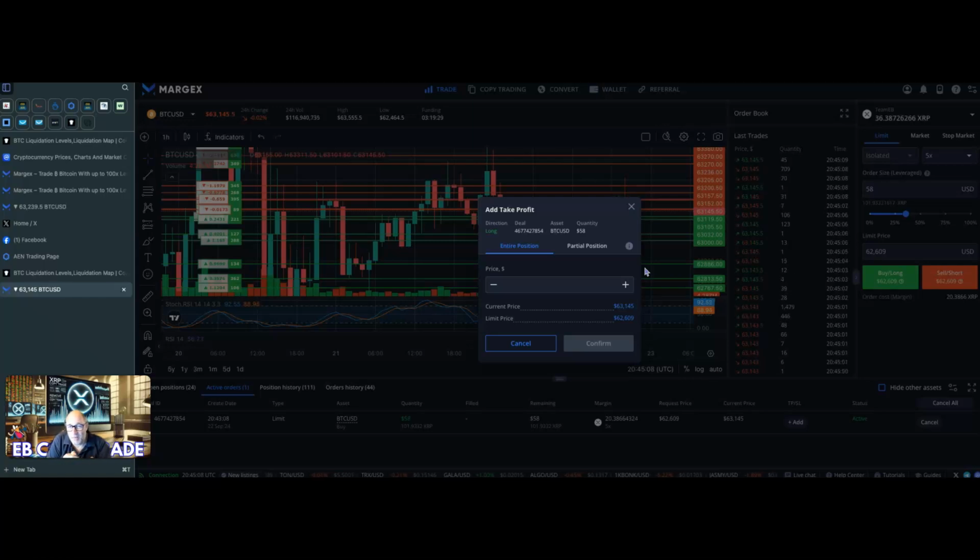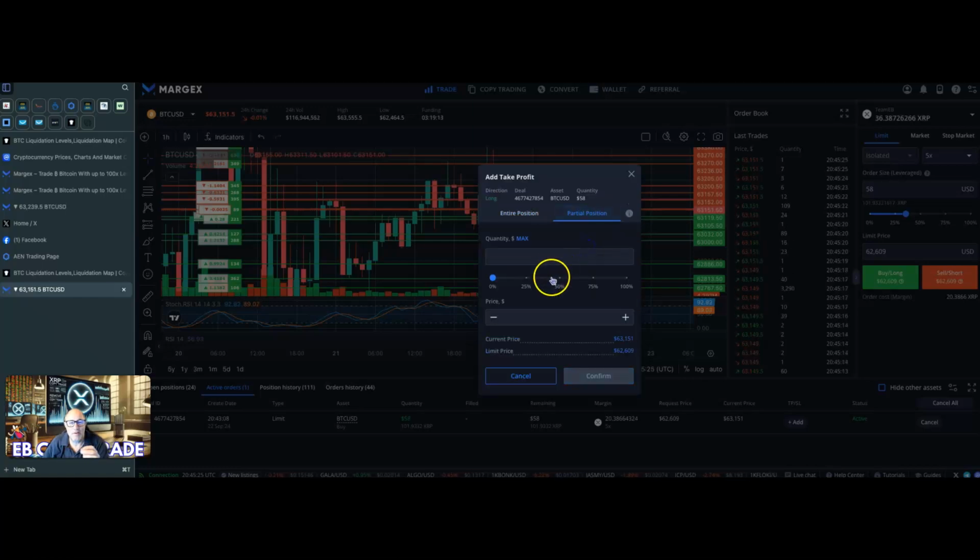This is, again, another thing I like about this. It hasn't triggered yet, but I can now say when it does trigger, it's like giving it the next step, shall we say. I want to take a partial, like half of the trade. I want to take profit at a certain price, a certain percent. So I'll say partial position, and then I'll say take 25% of this. This is what's going to be active when it is active. It's not active yet. Take 25% of the pot, and I want to